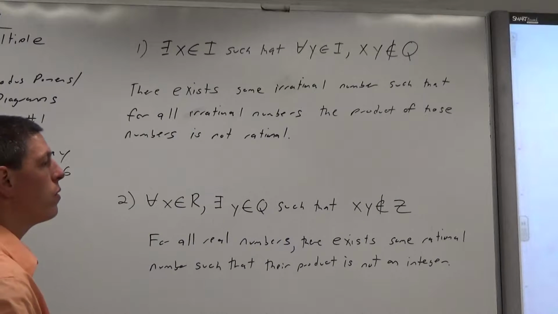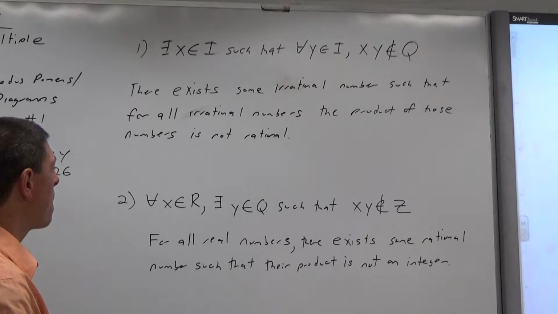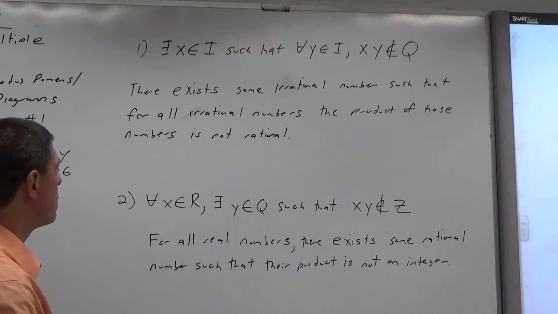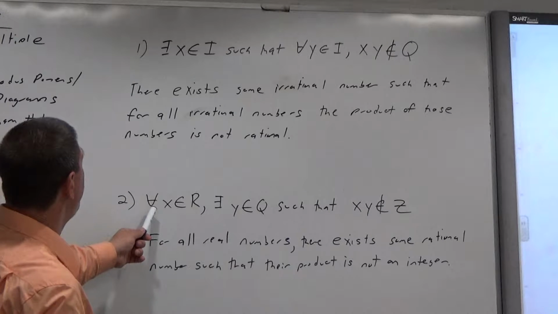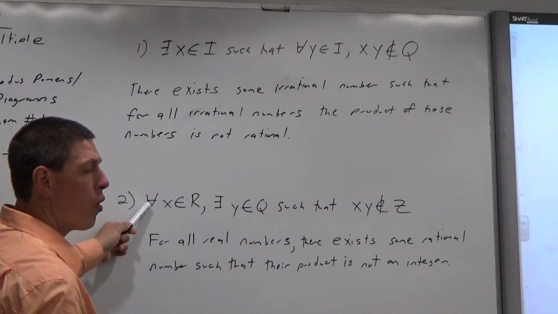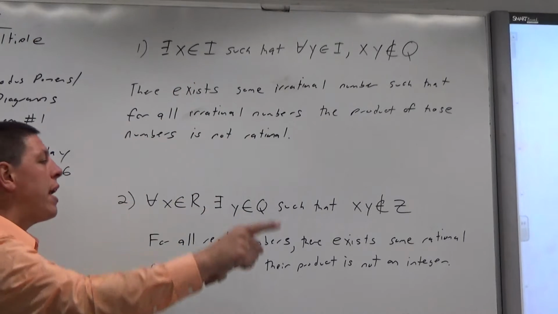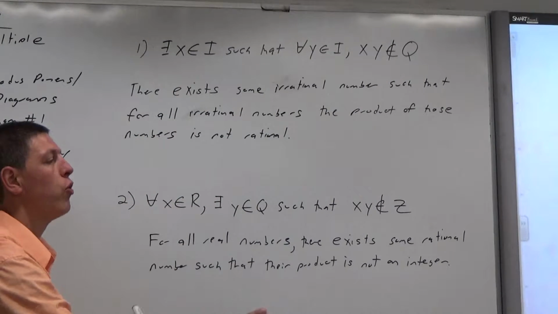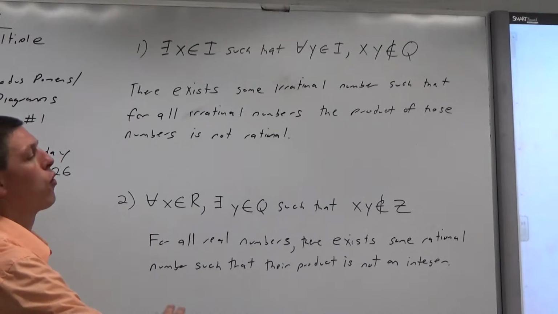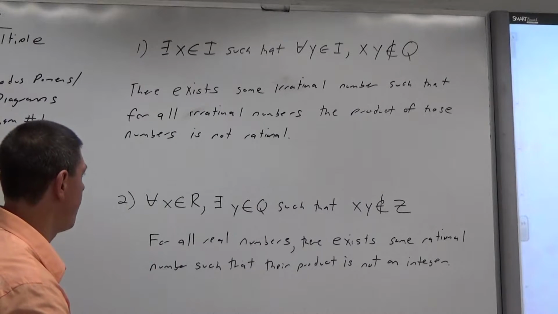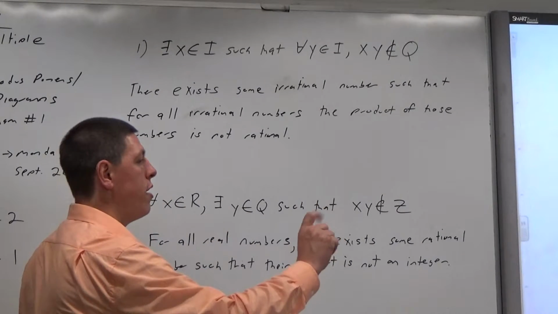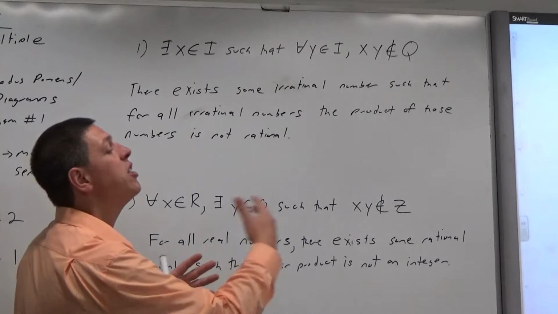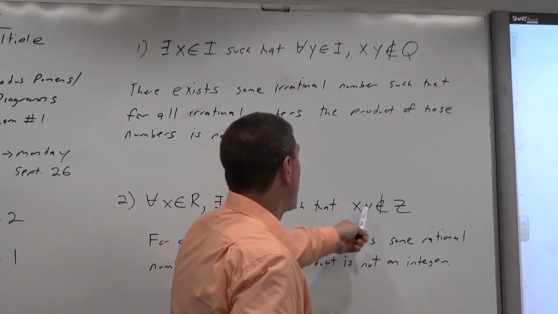John, go ahead, sir. What is the x and y, like the difference between those, I guess? Like is x some and then y is all, or is that? What we're saying is that because x has the for all symbol before it, we're just saying that in the domain of real numbers, for any real number you want to exist, okay? So if you thought of a real number, like e or something like that, there exists some rational number, at least one. Because remember, exists means that there is at least one,